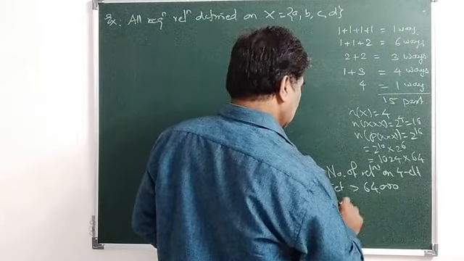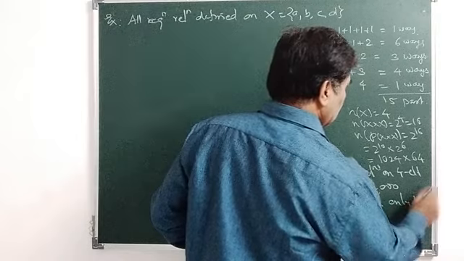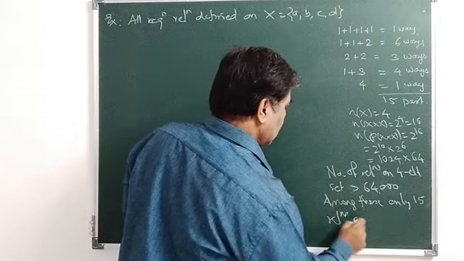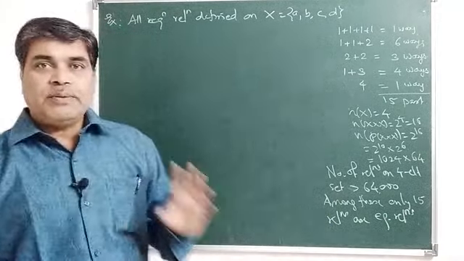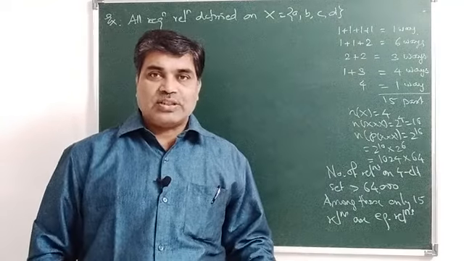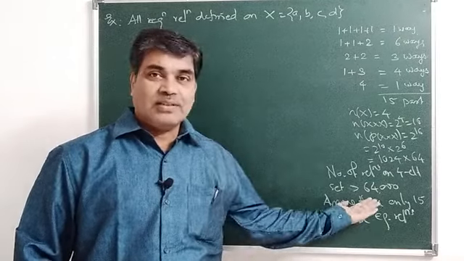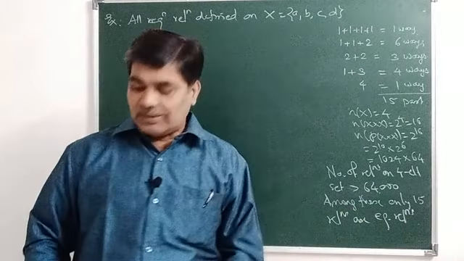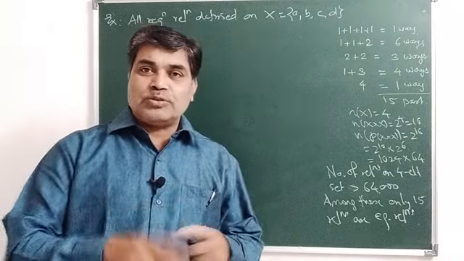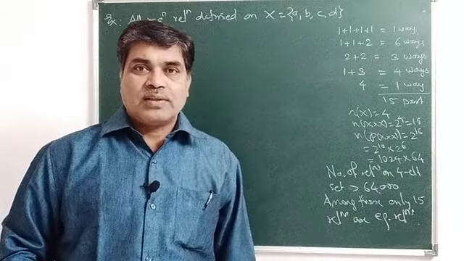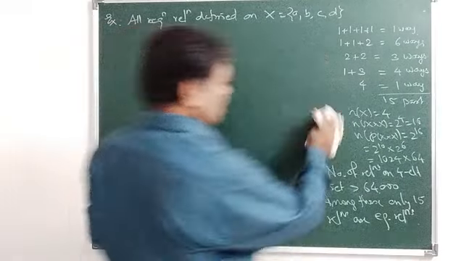Among these, only 15 relations are equivalence relations. Only 15 relations are equivalence relations. So if you go on writing one by one, then it is a difficult task to find all those equivalence relations and then check whether each is reflexive, symmetric, transitive, right? It is a difficult one. So now see here how this will be constructed.